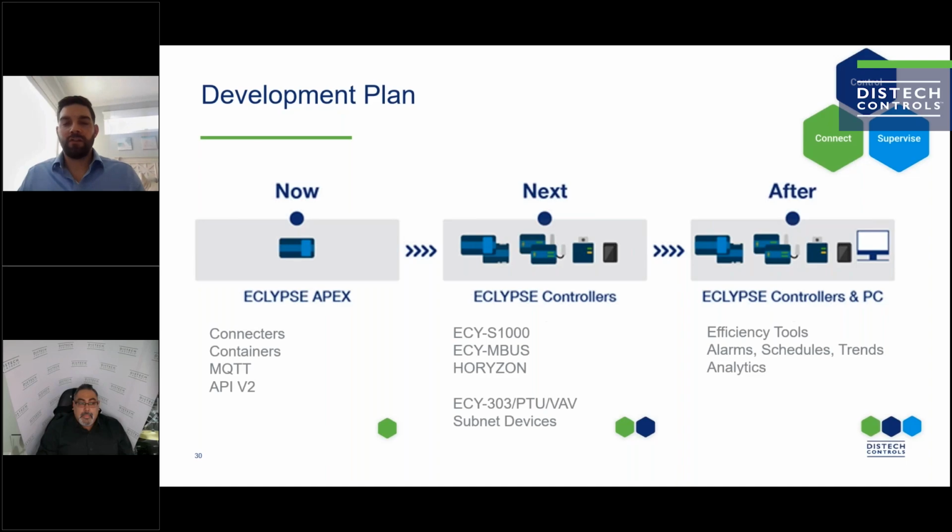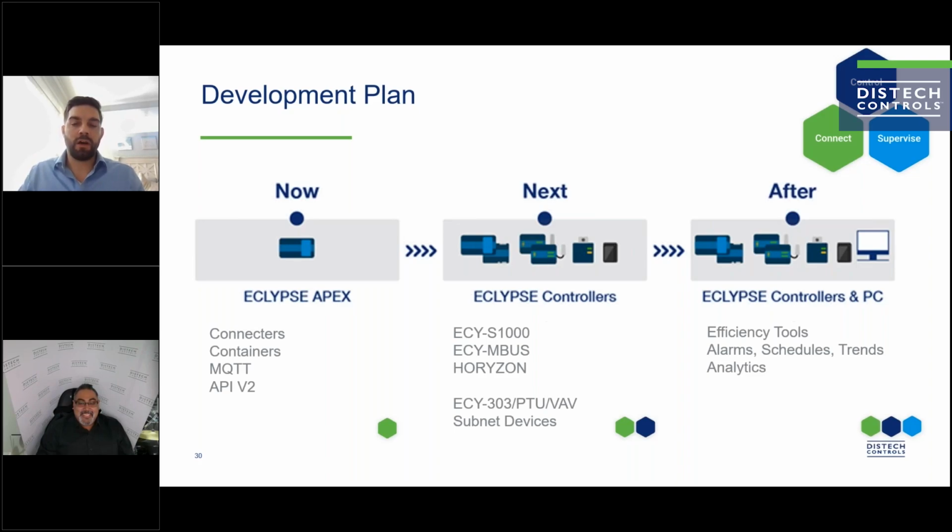Our next phase is to move more into the core of our product line. So adding in first for plant room type applications, the S1000, the M-Bus for our European market especially, and then the Horizon. The Horizon will be one of the next controllers to run the building intelligence framework, which will increase the performance and allow it to connect to both ECLYPSE One and ECLYPSE Building Intelligence devices. And then moving on from that, we want to unroll this to the full ECLYPSE line. So every ECLYPSE controller will support this building intelligence platform, and we'll add subnet devices along the way,